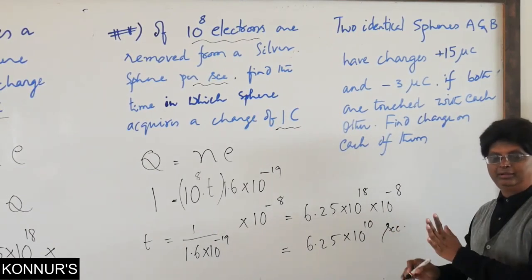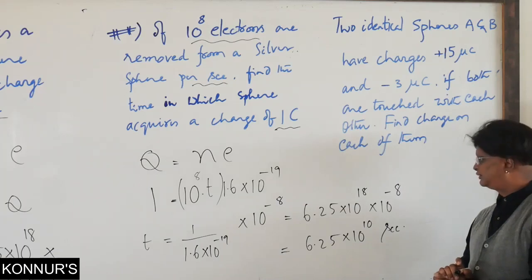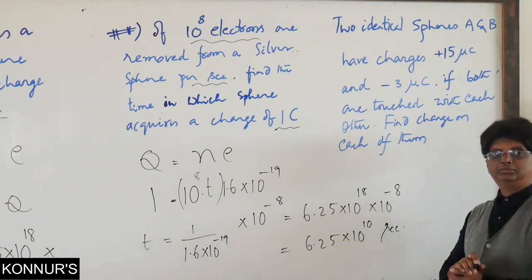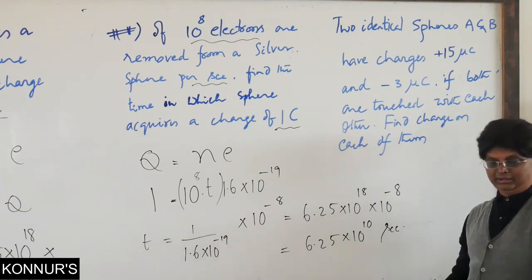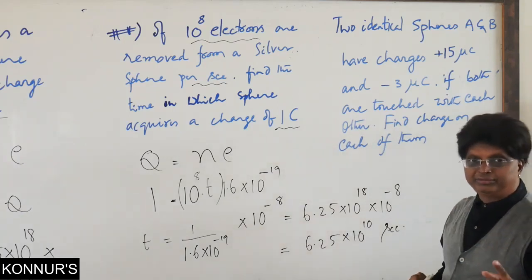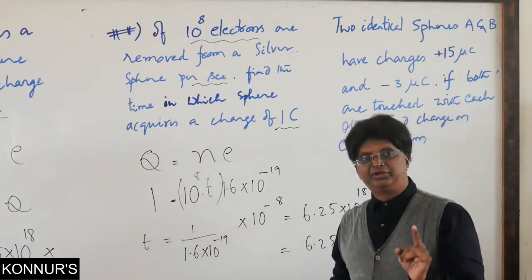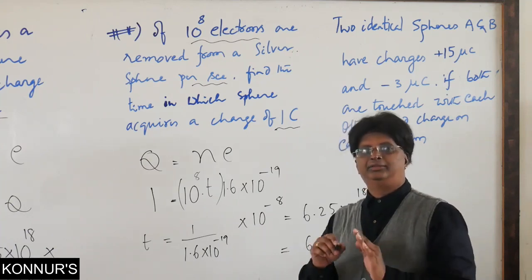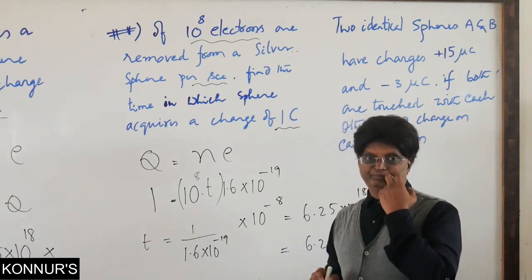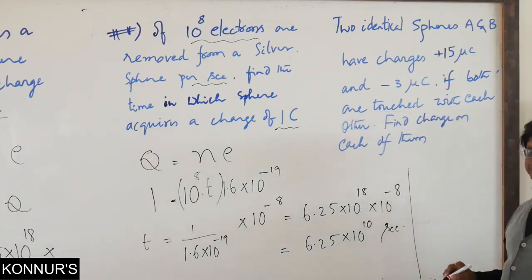Of course we have given the number. Now the question comes: what is this measure? 6.25 into 10 raised 10 seconds. How big a unit is it, or if you convert that into hours or days or weeks or years, what do we get? We know that one day is 86,400 seconds. Remember, one day means 24 hours into 60 into 60. That number is 86,400 seconds. Per year means into 365. So that 86,400 into 365 will give you, I am just writing up to 2 decimals only,